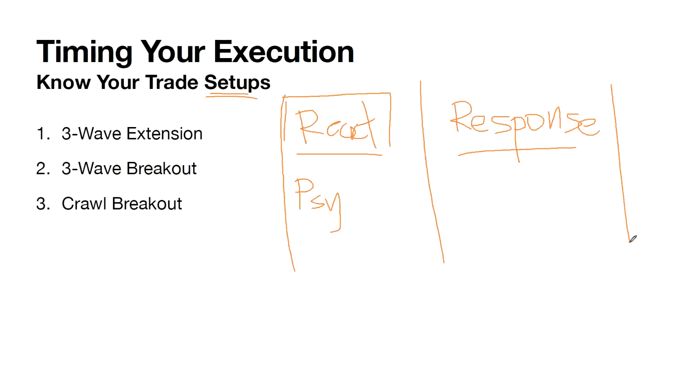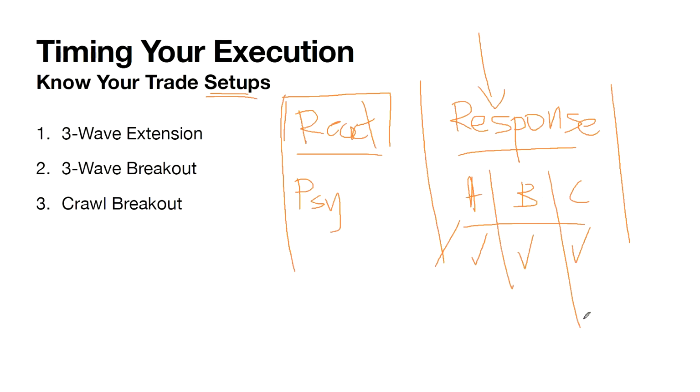What's easier to handle is responsive, which means you actually plan out scenario A, scenario B, scenario C. If A happens, I'm going to do this. If B happens, I'm going to do this. If C happens, I'm going to do this. You can see the slight difference. This is responsive. You plan out the various scenarios in which the market could potentially develop, then you prepare for them. Reactive is, I don't care, let's wait and see, and suddenly the market moves, let's buy. Try to avoid that, because psychologically it's not going to be easy.